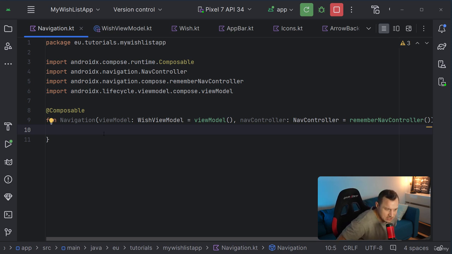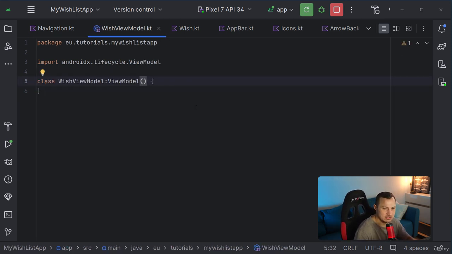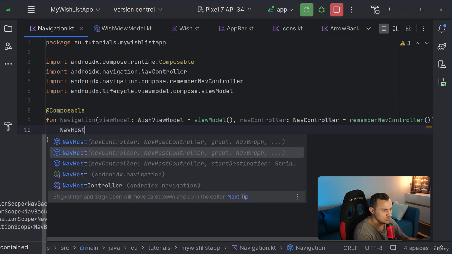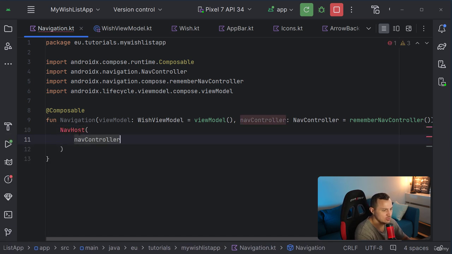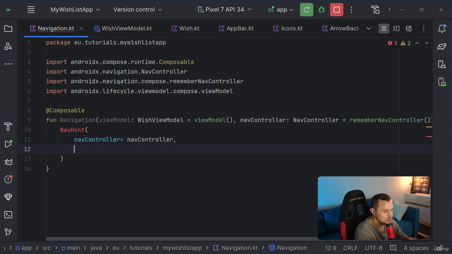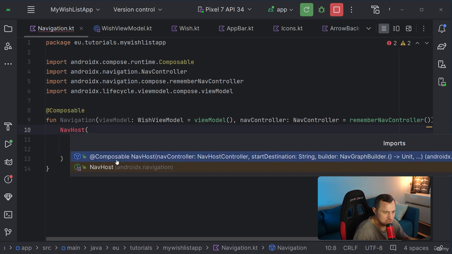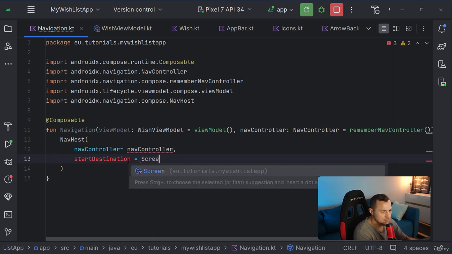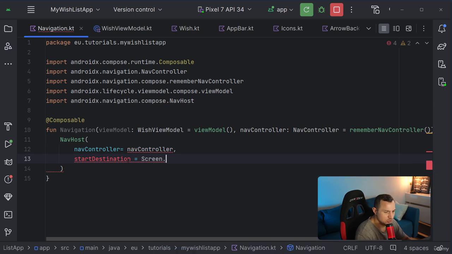And I'm passing that here, and the view model is far from being ready, right? Because as you know, the view model is taking care of basically the communication between the data and the UI. So that's pretty nice. But our navigation now, as we recall, needed a nav host, and that nav host needs a nav controller. So I'm going to pass the nav controller as the nav controller, and I'm going to say that the start destination, let me actually import nav host, makes it a little easier, and it's going to be this composable nav host. Then the start destination can be our screen dot home screen dot root,